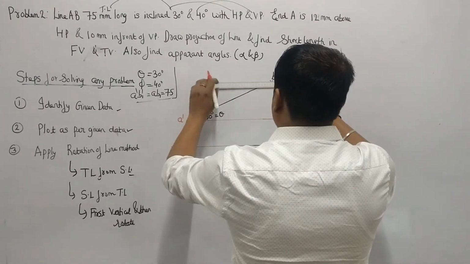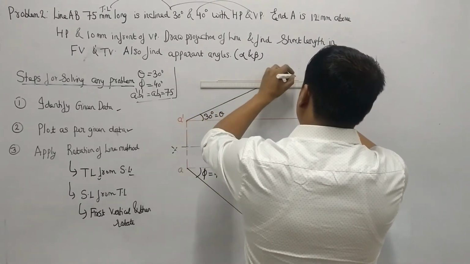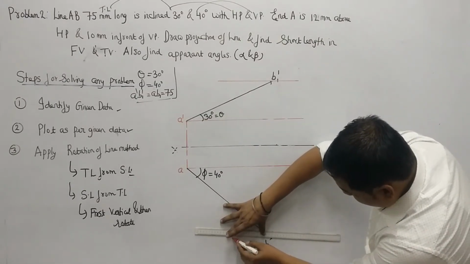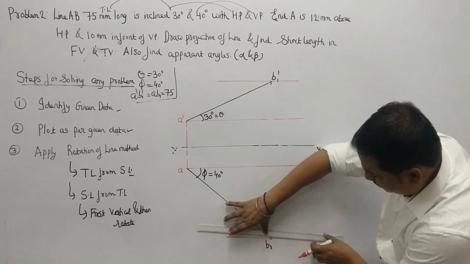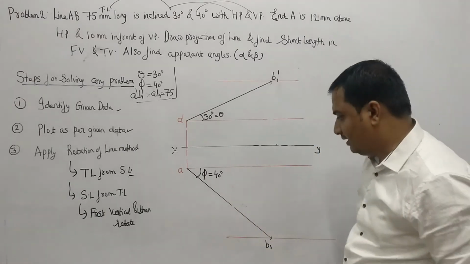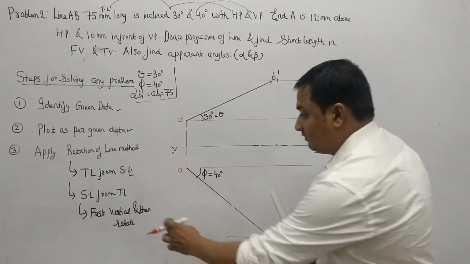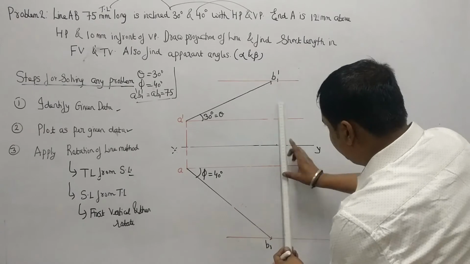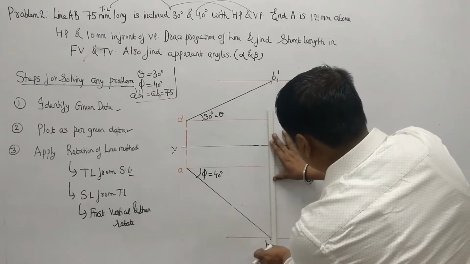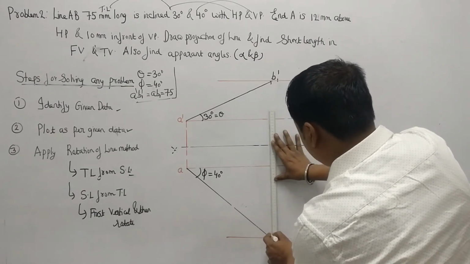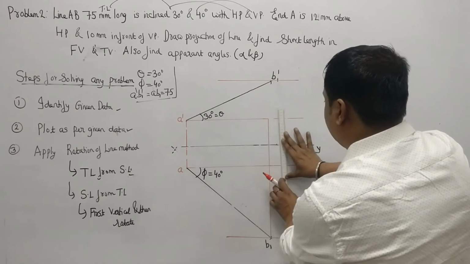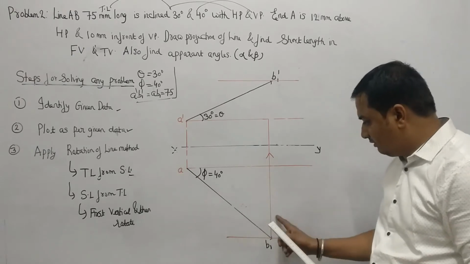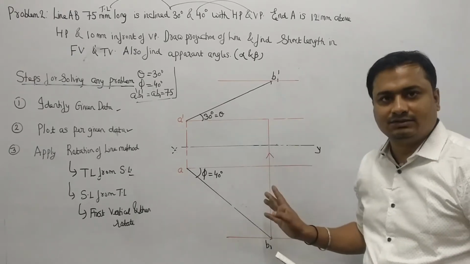Okay, so first draw the locus from B1 dash. Similarly, draw the locus from B1. This is a common step, to draw the locus. So now what do we have to do? First vertical, then rotate. Suppose this is my true length; I will take the vertical from B1 up to the locus of A dash. This is my first step. What I have done is taken the vertical from B1 up to the locus of A dash.